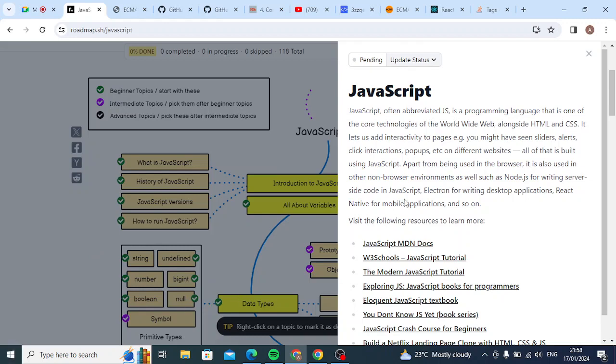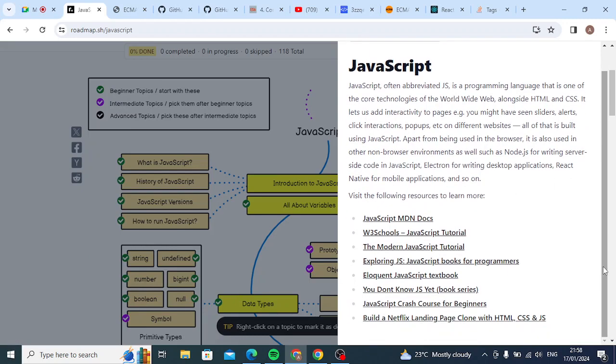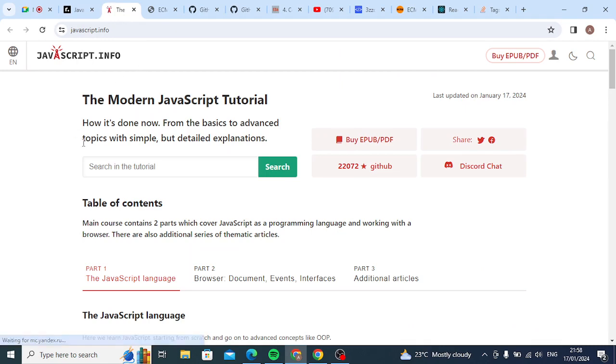In terms of references, where one can study some good references: it's called MDN. You all know W3Schools. There is also a modern JavaScript tutorial, and this is my recommendation also. This is where you can learn more JavaScript.